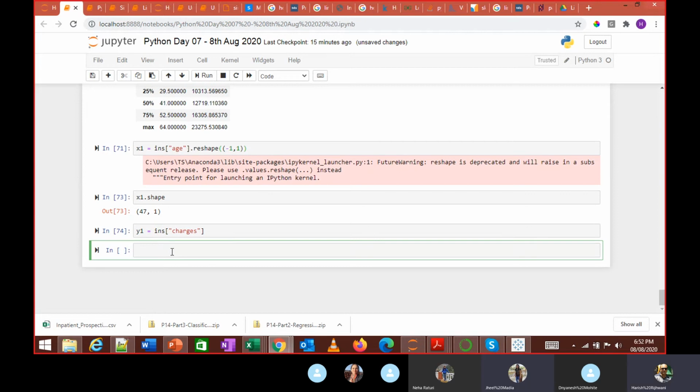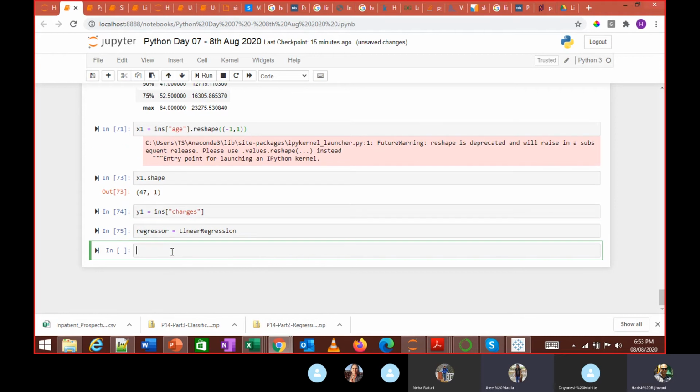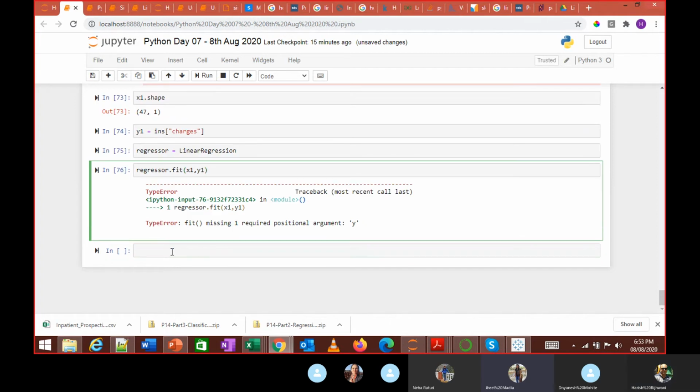So now what will I do? I will take another value. I will say regressor is equal to LinearRegression. Then regressor.fit, and what will I pass? X1, Y1. Have I passed this properly?